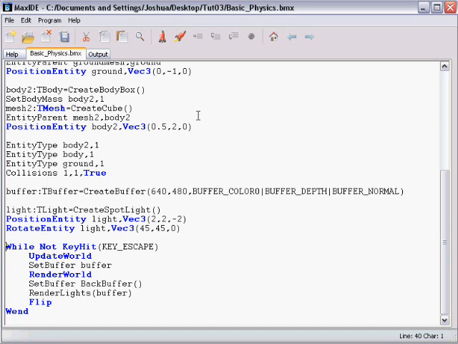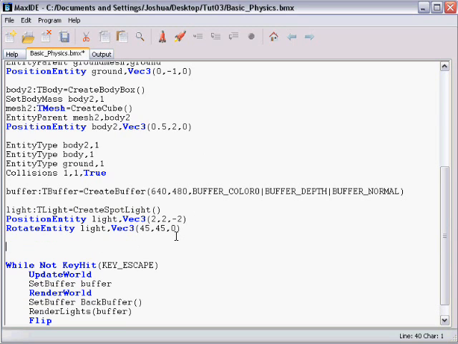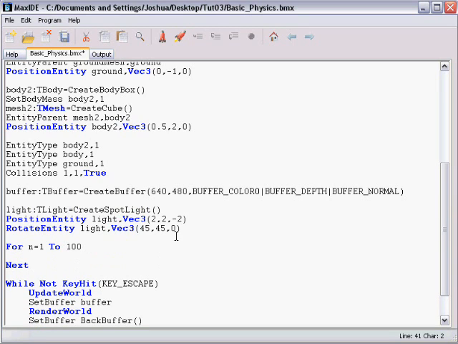I just want to show you one more thing now. That's pretty good. So if 2 boxes falling is good, then I think 100 will be even better. So I'm going to create a for loop. I'm going to say body equals